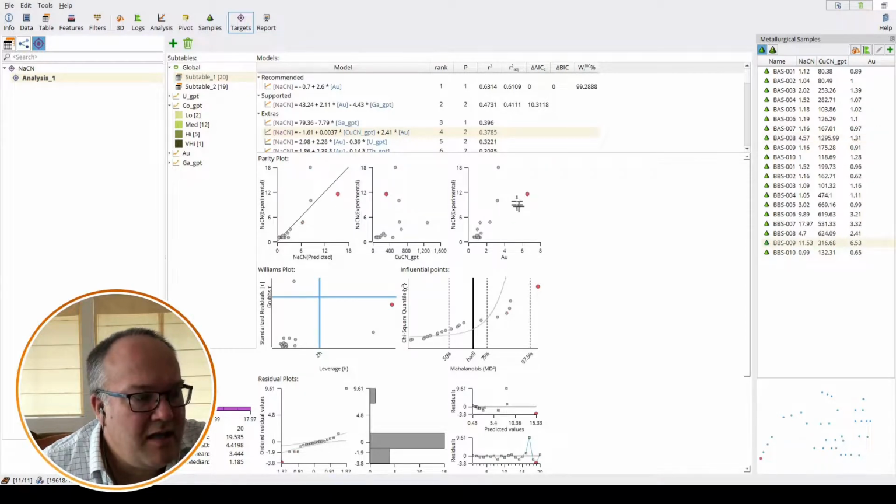This one has high leverage for gold, and you can see that there's a natural trend here in the gold versus cyanide consumption. There's a natural trend, and this one is both an outlier, so it's up quite high to the line, and it also has high leverage. It's pulling the graph down this way. This one is less intuitive. It's got high leverage,